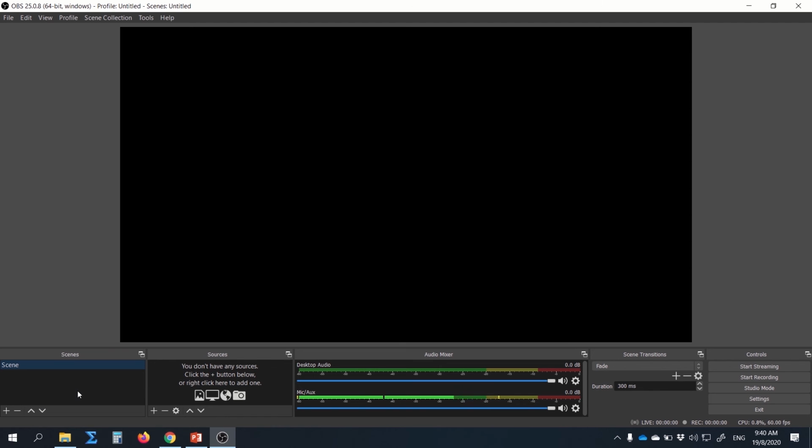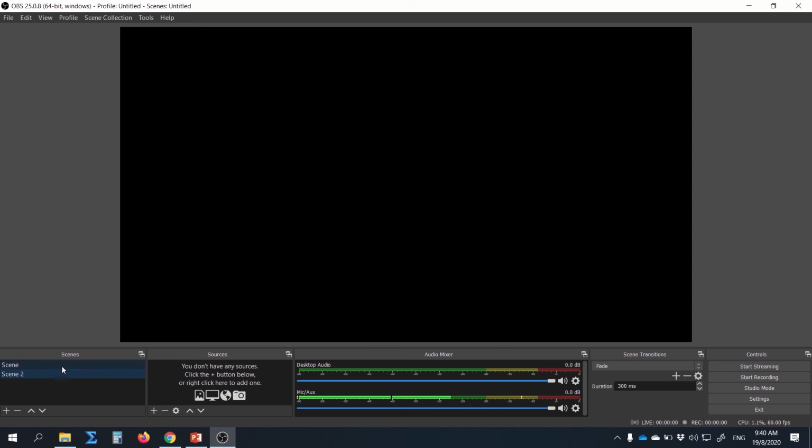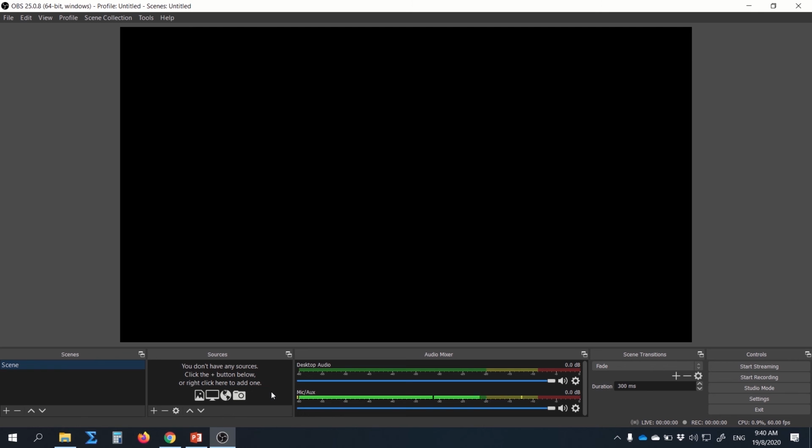Of course, if you have two monitors and want to add another scene, you can just click the plus button. Just click OK, then it will come up with scene 1 and scene 2. I will remove scene 2 first. And then sources